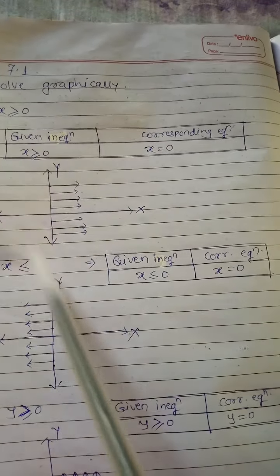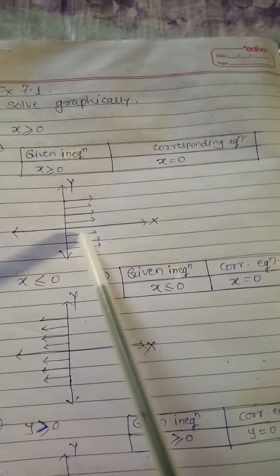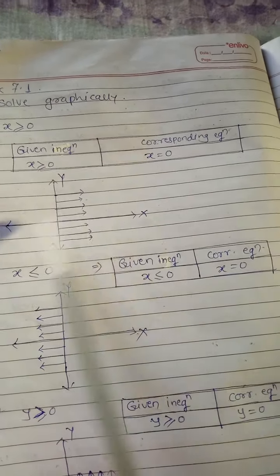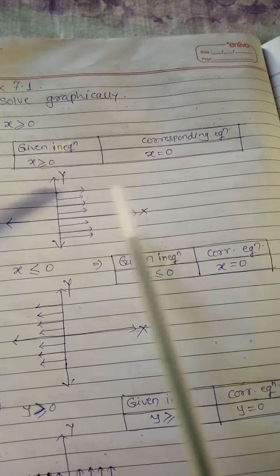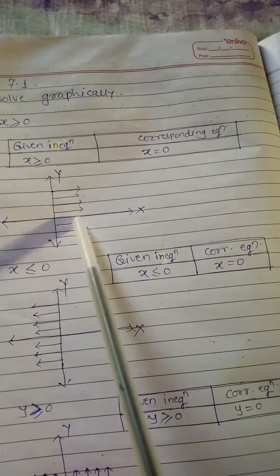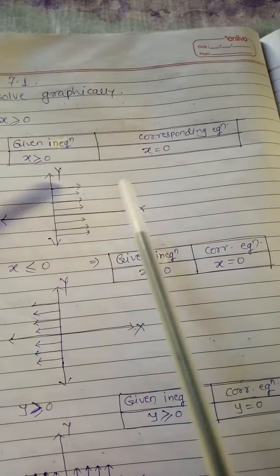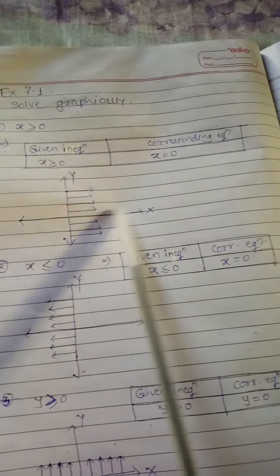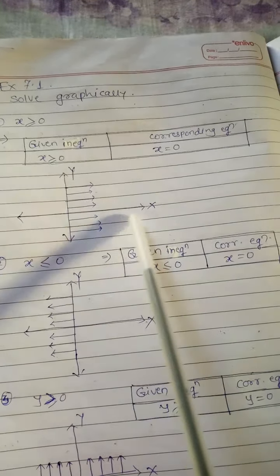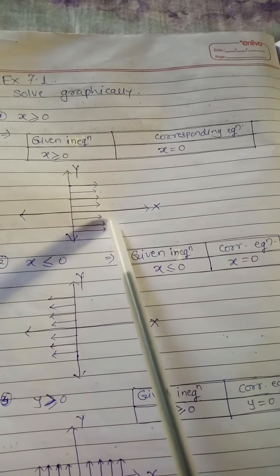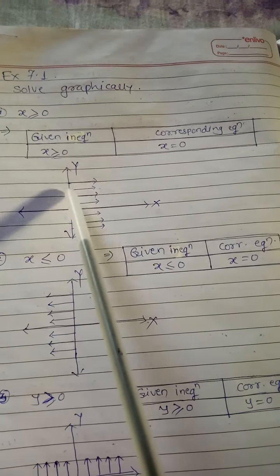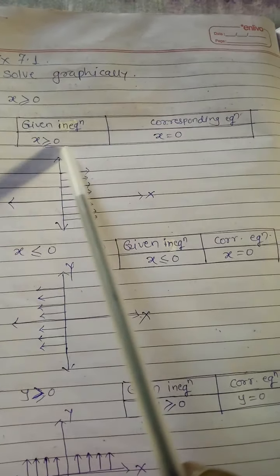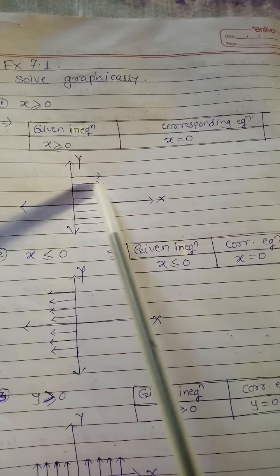So see the x axis and y axis. All of you know that this right side part shows that the values on the x axis are greater than 0, means we say it is the positive x axis, means all the values are greater than 0, so all this part is regarding values greater than 0. So we have to just draw these lines on the y-axis, since the value given in the inequation is greater than or equal to 0. So we have to put down the lines like this one.